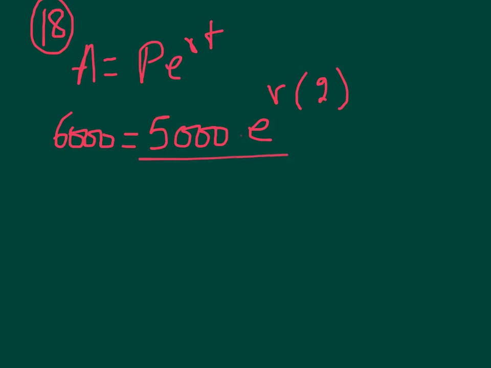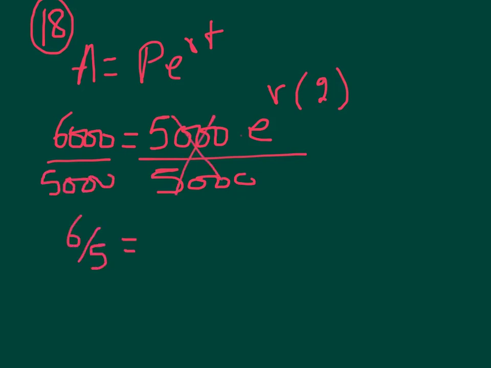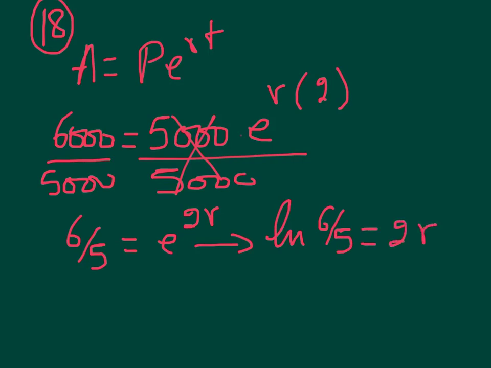I want you to divide by 5,000, and natural log both sides. And so this is going to give us 6/5 equal e to the 2r, and then if you ln both sides, ln 6/5 is equal to 2r. Solving for r, which is ln 6/5, make sure you put these in parentheses, divided by 2, which gives you an estimation of